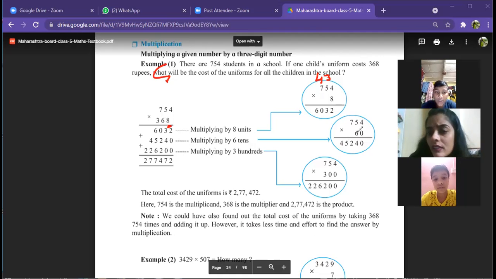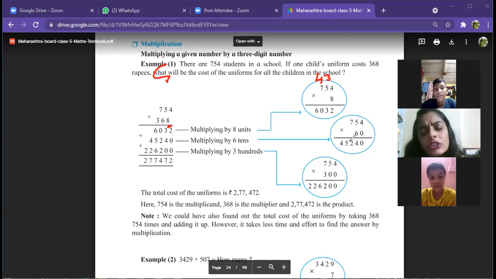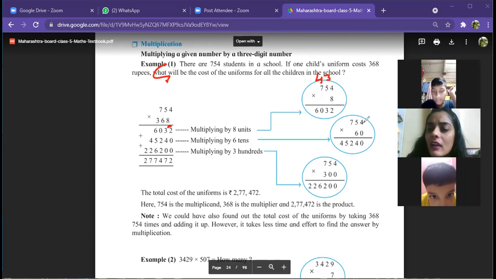So now what we have to do? Yes. The first multiply 6 fours. 6 fours are. Ali is not replying. Ali, you don't know the table. Just 6 fours are 24. You know the table, right, dear? You also reply. Come on. So now 6 fours are 24, right? So 4 is here and the above what we are writing?